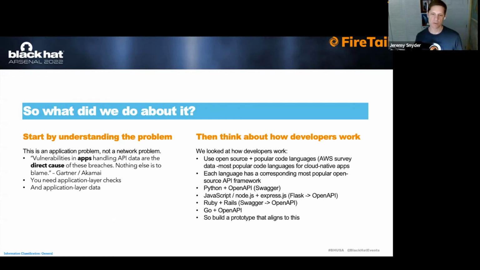Now, we started with Python and OpenAPI because that was actually the number one language coming off of that survey. And when we started having conversations with people who were looking at API security and building APIs for their cloud native applications, this was the overwhelming number one choice. So we looked at Python and OpenAPI. You may know that by Swagger, the former name of OpenAPI. It seems like Swagger is becoming a library within a broader framework. That's where we started our development.